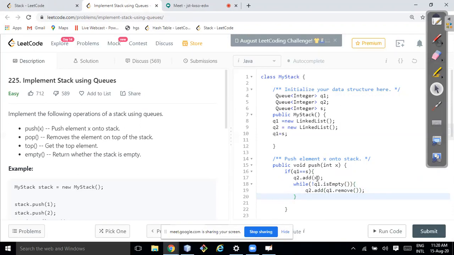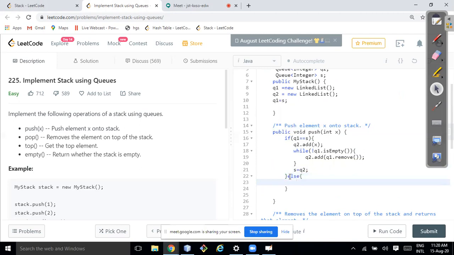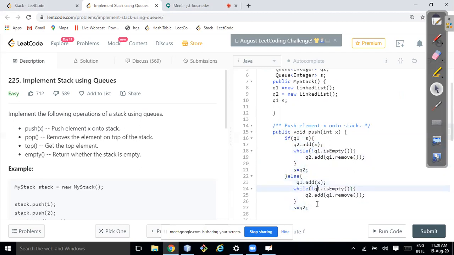Once this is done, I'll say my new stack is equal to Q2. Then else, S is equal to Q2. Then I'll do just the reverse of it: I'll copy everything from here, and here I'll do Q1, here Q2, here Q1, here Q2, here Q1.